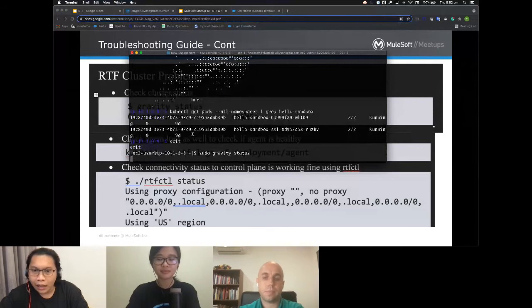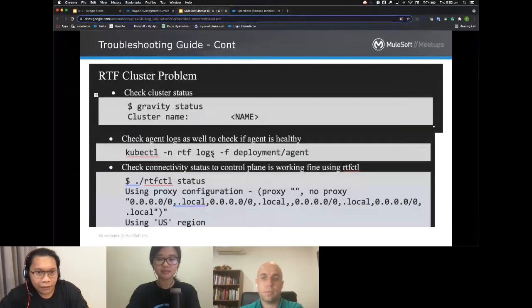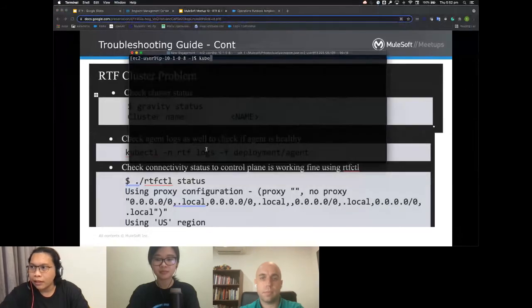RTF communicates with the control plane via an agent. Inside the RTF, we have an application called the RTF agent. To check the healthiness of that agent, we can use this command to check whether there is any error in the agent or not.